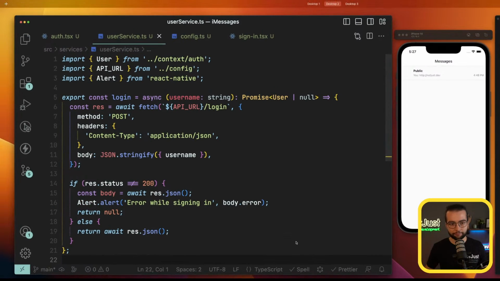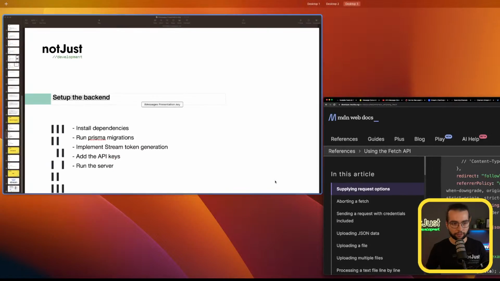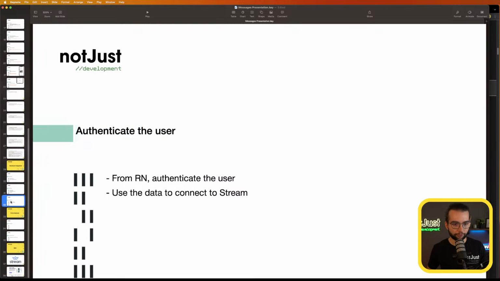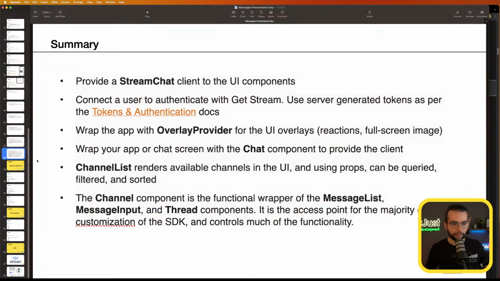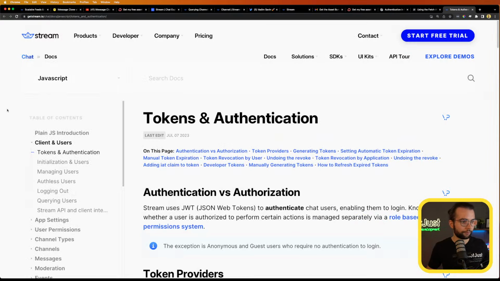To do that, if we look at the documentation of, let's see what we have from React Native, use the data, yes. If we look at the documentation of tokens and authentication from Stream Chat,